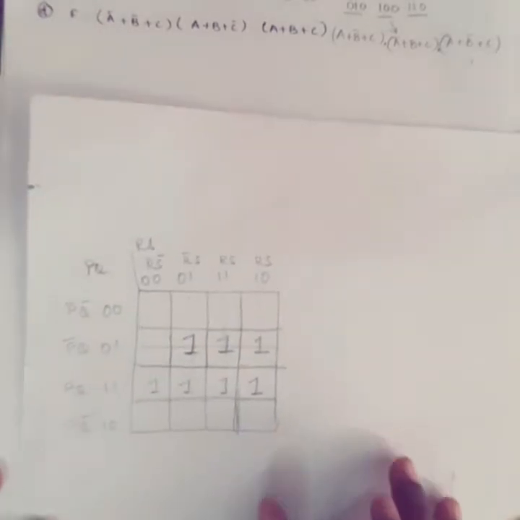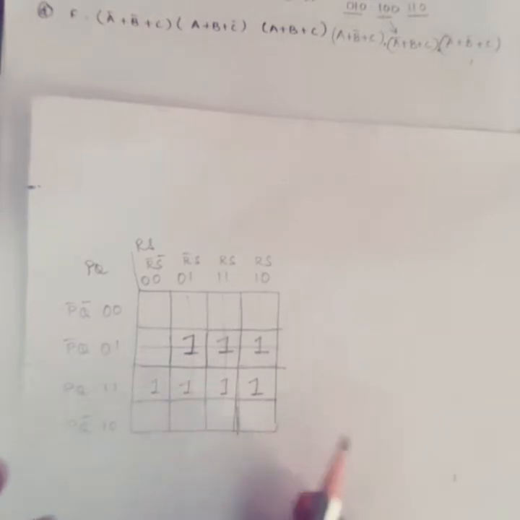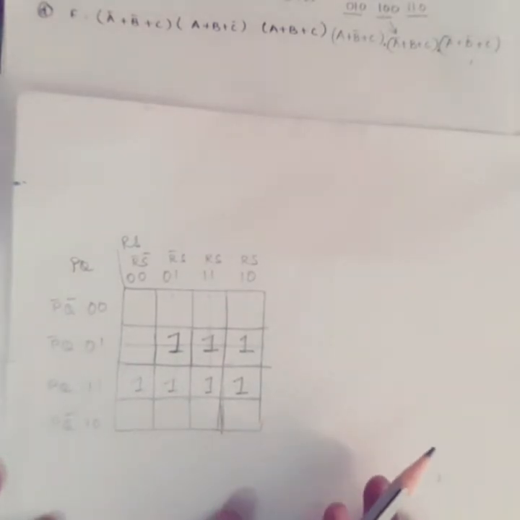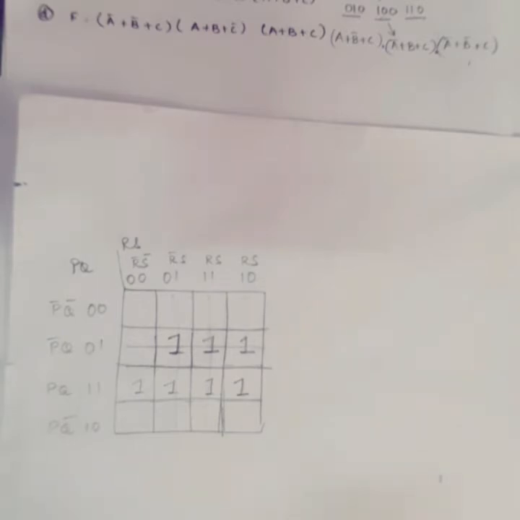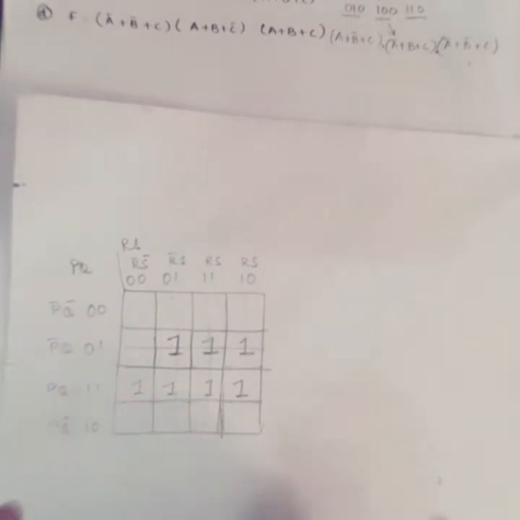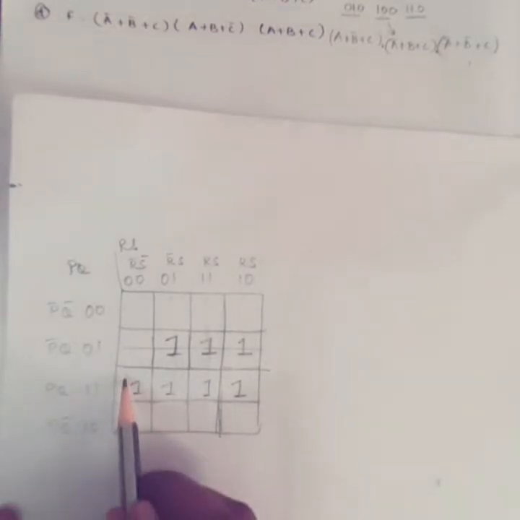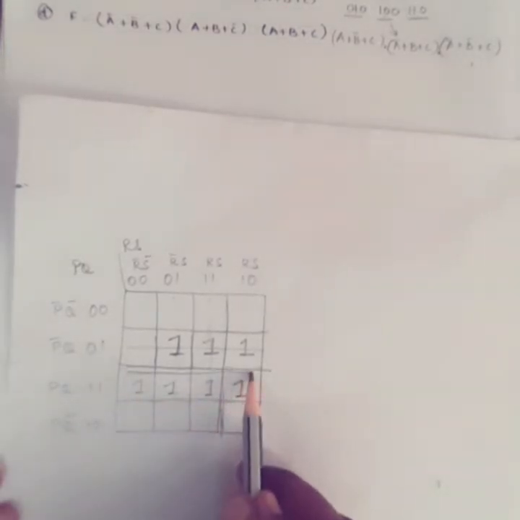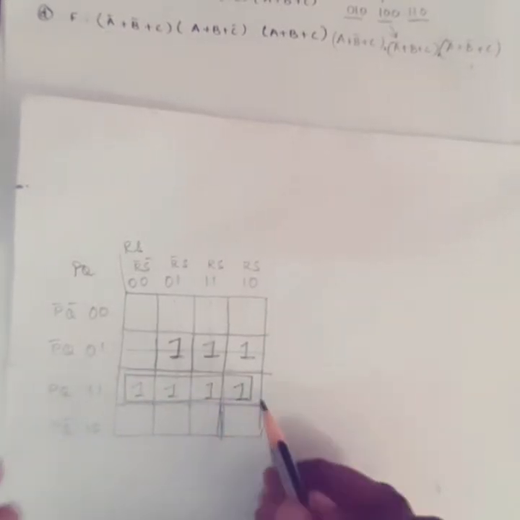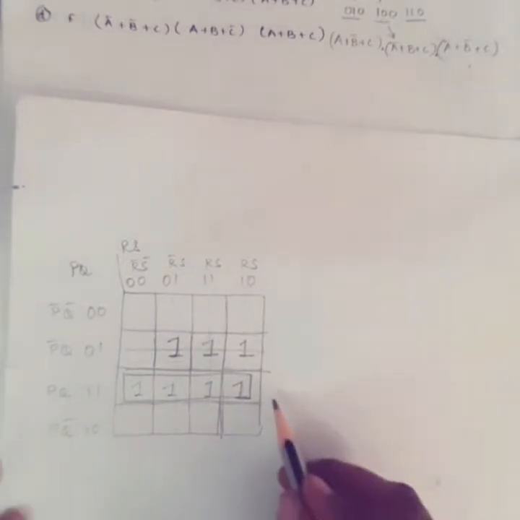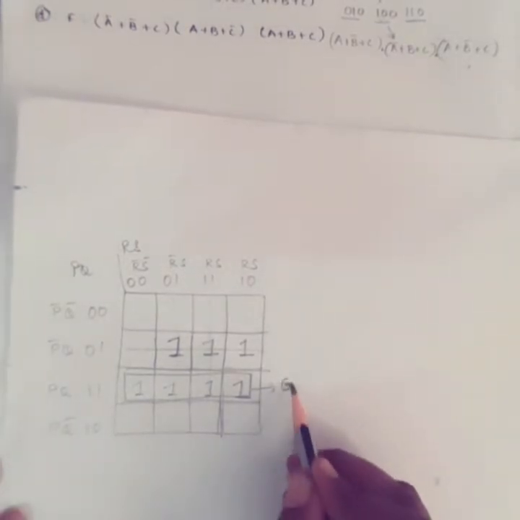Okay, so now we placed all the min terms in the K-map. Next one is grouping. So first we try to make a larger group. Here the larger group is only a quad. There is no possibility of an octet, so go for a quad. Here we have 4 ones, so you can group these 4 ones and form a quad, right? So this is one quad. We can take it as group 1.